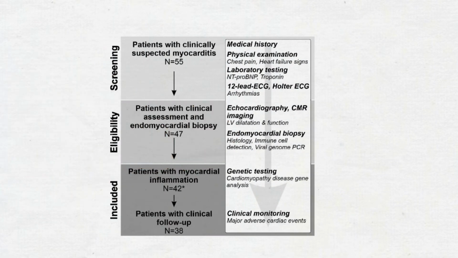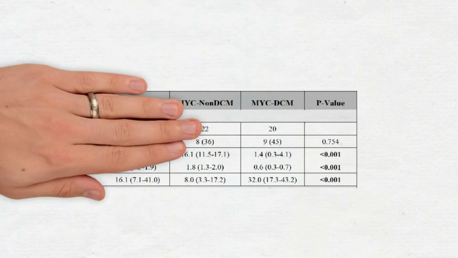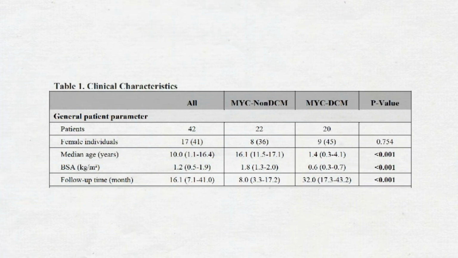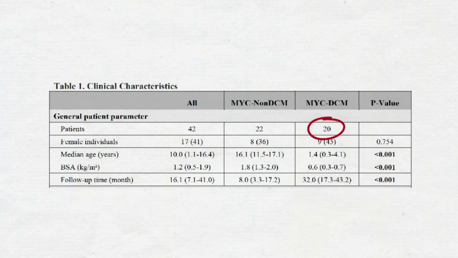To accomplish this, 42 unrelated biopsy-proven myocarditis cases underwent comprehensive clinical evaluation and genetic testing with a targeted panel sequencing of cardiomyopathy genes. The cohort was divided into 20 patients who presented with a morphological phenotype of DCM and 22 who did not. On endomyocardial biopsy, all patients demonstrated lymphocytic myocarditis, with viral genome identified in 29% without DCM and